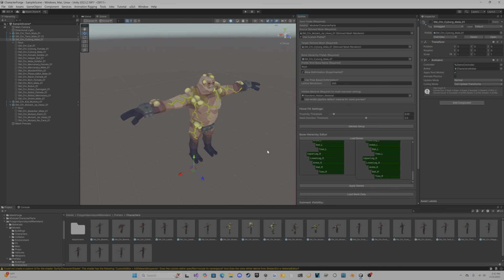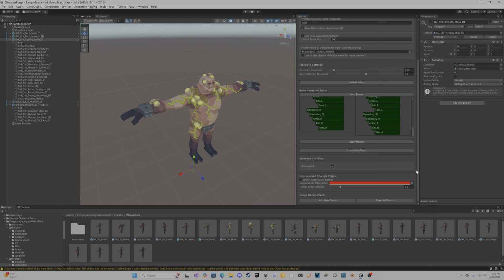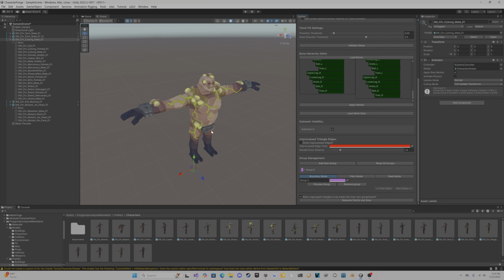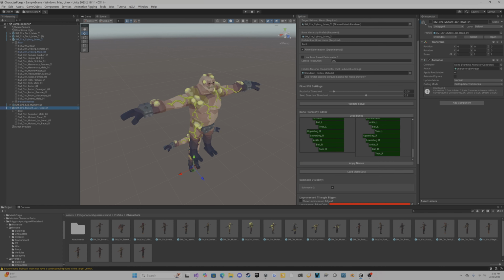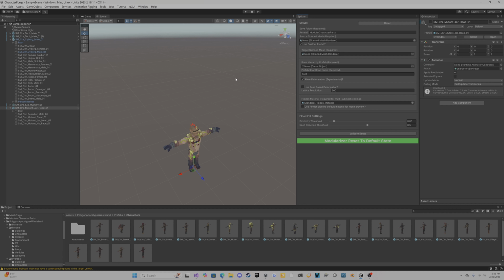All right, we're going to do the same thing we did last time, where we're adding a new group, but we're not actually selecting any groups. You can if you want. For me, I'm just going to separate the parts and save it. You can see here, once I showcase the cyborg guy,